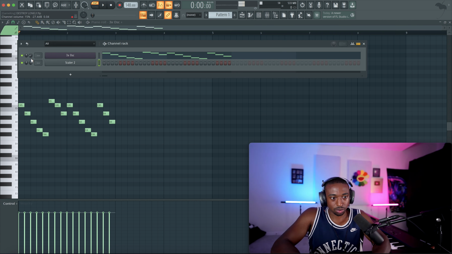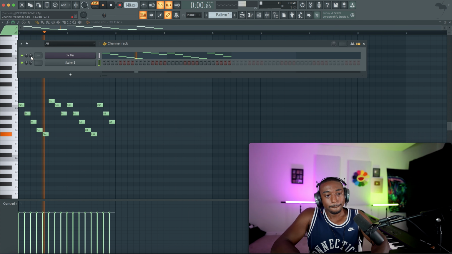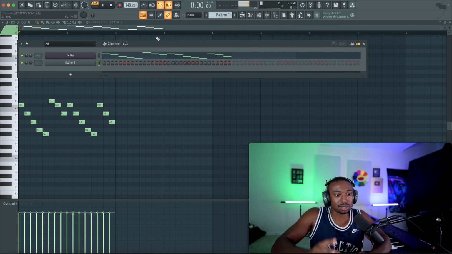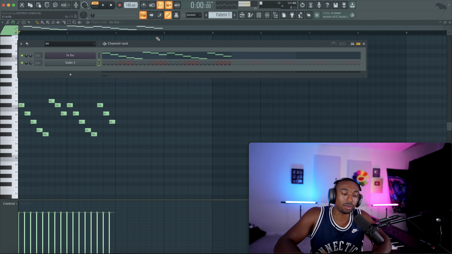I'm using a simple 3x OSC for this. We're going to start with the arpeggio because this is what creates the glue for the track. Every melody usually has 4 layers: a top line layer, a harmony section, a contrast layer, and a rhythm section. Any kind of arpeggio or repetitive motion, we're going to call the rhythm. It's just going up and down the scale, using half steps to create a turnaround, and then it goes back down normally.